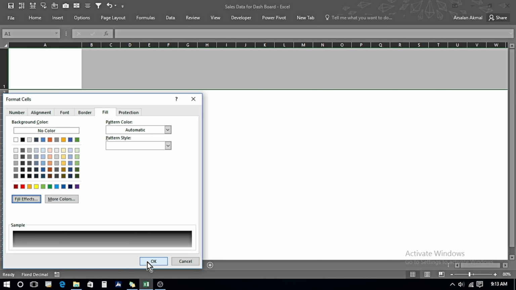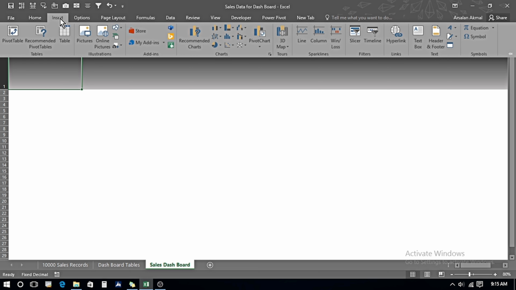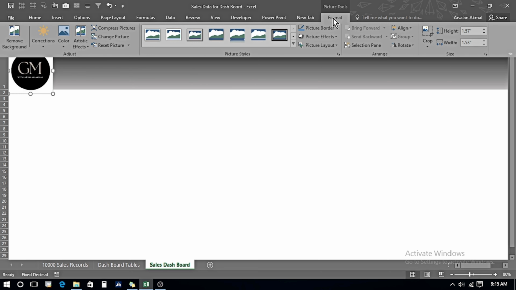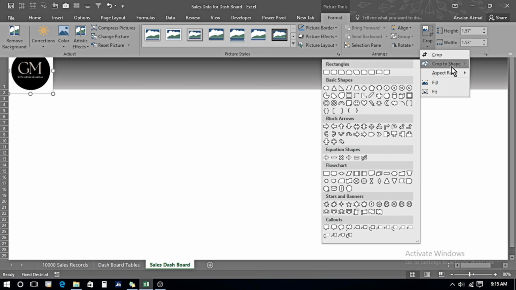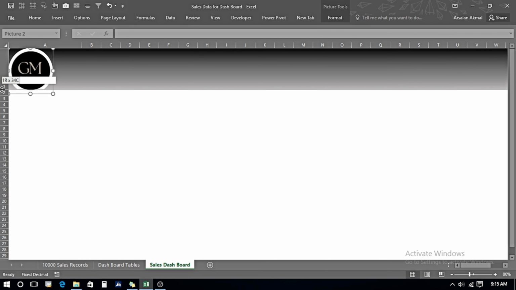Press OK and then another OK, and here I have the first row. Now I will be bringing in my logo, so I will go in Insert, Pictures, and I will select my logo from here for the growth mindset, insert it, go in the format, and here I will crop it, crop to shape, and I will select the circle, and here we have our logo.